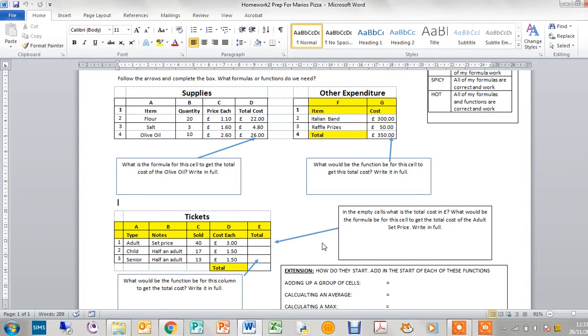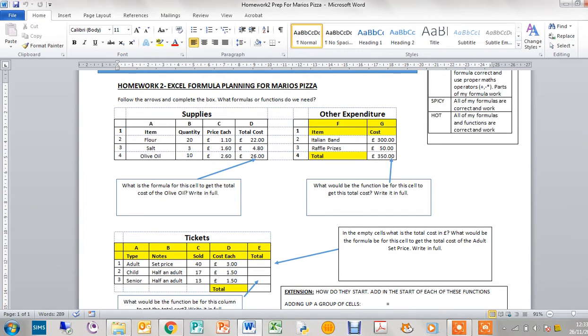Welcome to this video that talks through the homework which is about planning for our class task about Mario's Pizza. And what we're trying to do in this homework is for you to think about, before we start it in